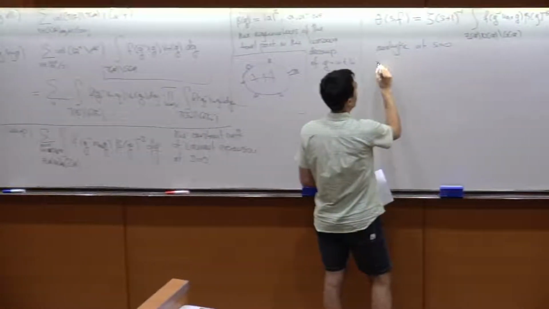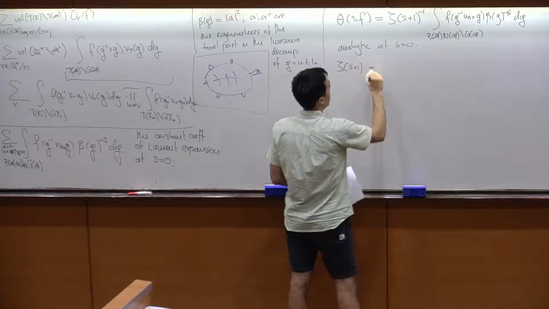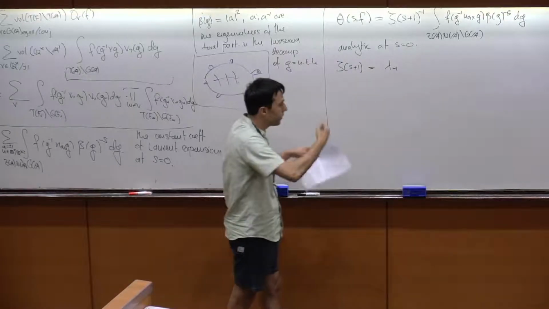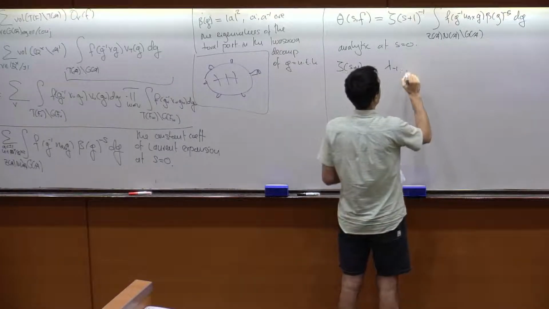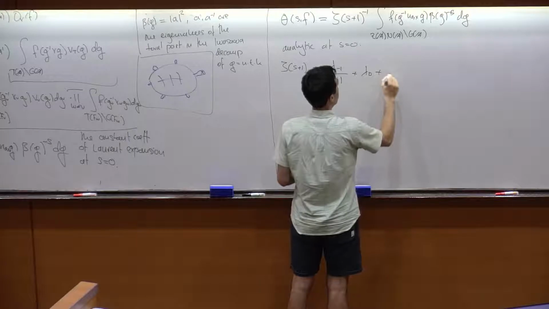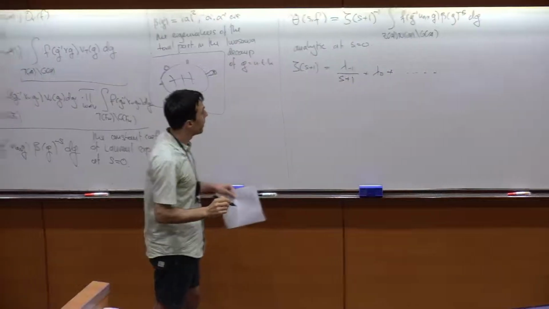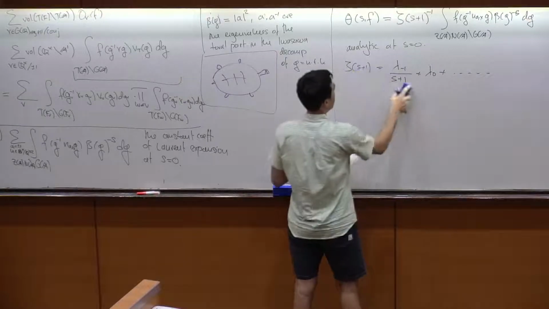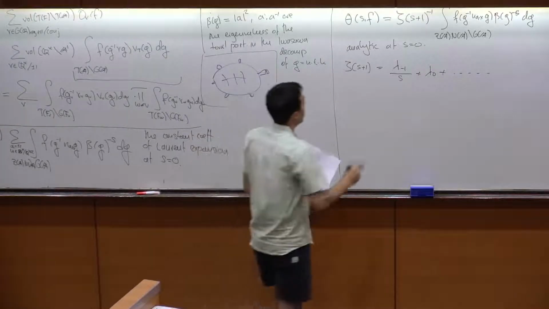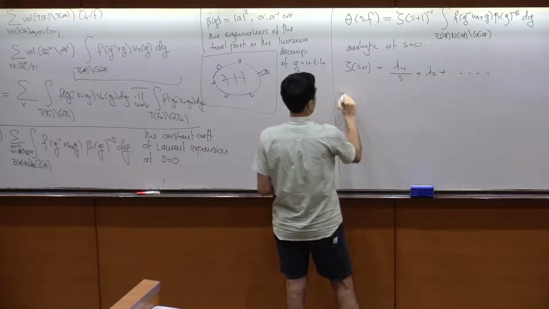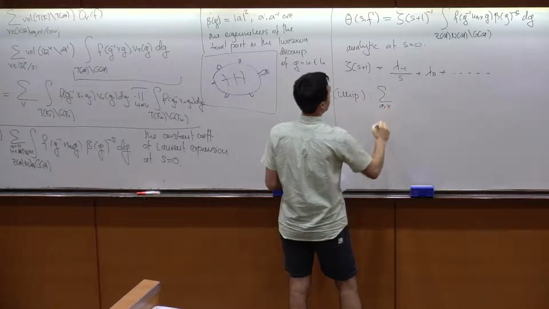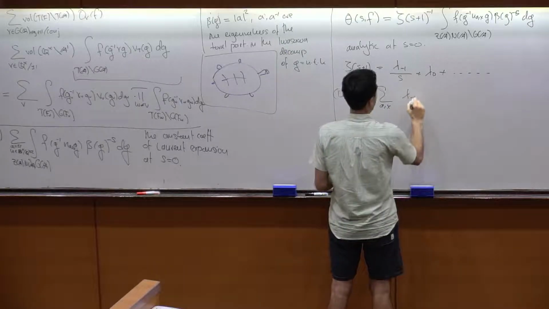Namely, if you write zeta of s plus 1 as, well, whatever the residue is, if it's Q, it will be 1, but if it's some other number field, it will be something else, over s plus 1 plus lambda 0 plus higher terms. Sorry? I shifted here. I shifted already in here. Thank you. So then the unipotent term is going to be, up to the sum of a and x, lambda inverse, and